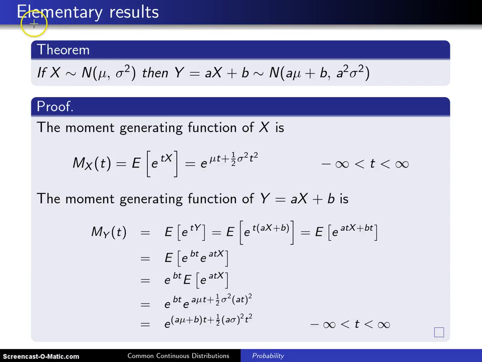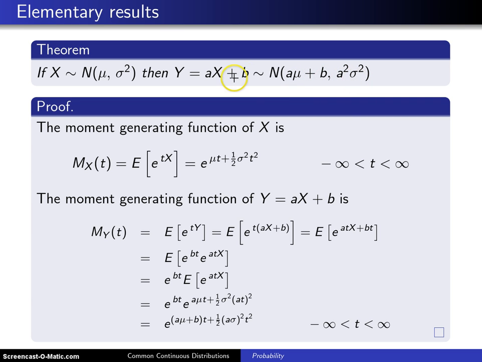Here is the first of some elementary results associated with the normal distribution. Here is the theorem. If X has the normal distribution with parameters mu and sigma squared, then the random variable Y, which is aX plus b, will be normally distributed with mean a mu plus b and variance a squared